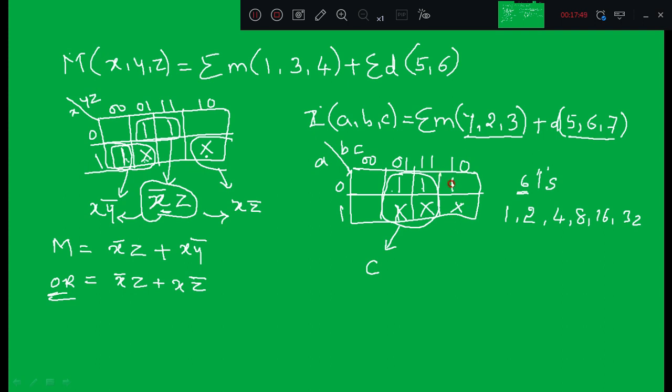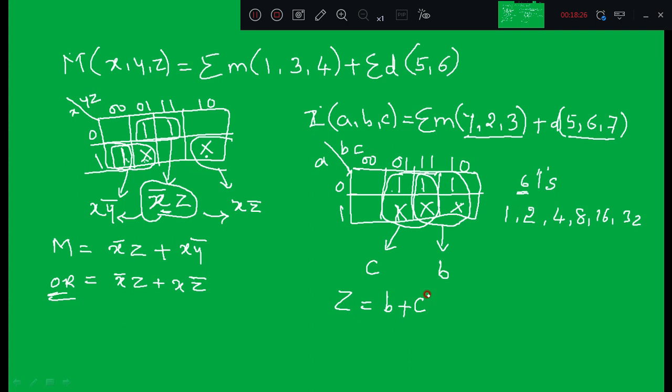Now I can group this one with this don't care in a single group, but I can also group this one with this one and these two don't cares. So I can form a larger group. Instead of one single one with one single don't care, I can group 2 ones with 2 don't cares, so I can eliminate 2 variables. So you have to aim to eliminate as many variables as you can. Here the expression for this is B. So the minimal SOP expression is Z is equal to B plus C.